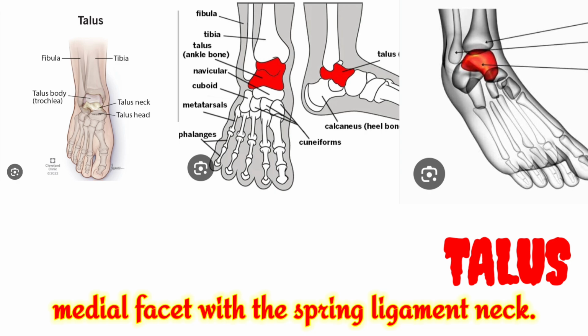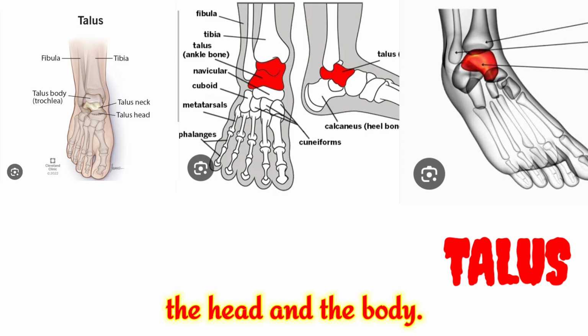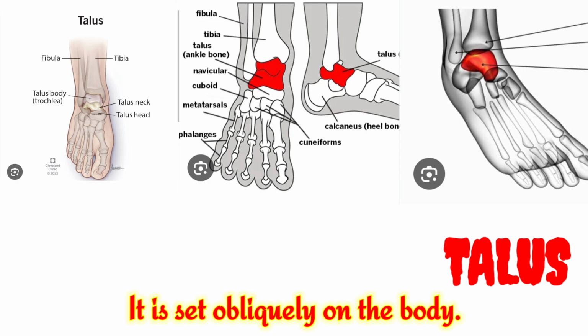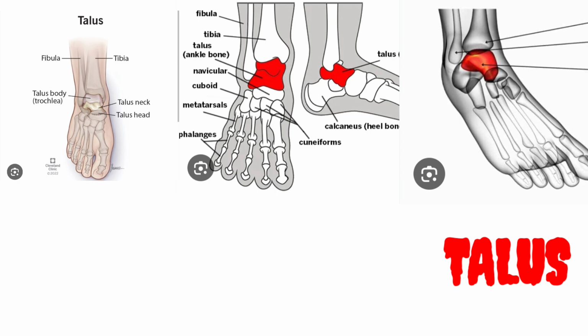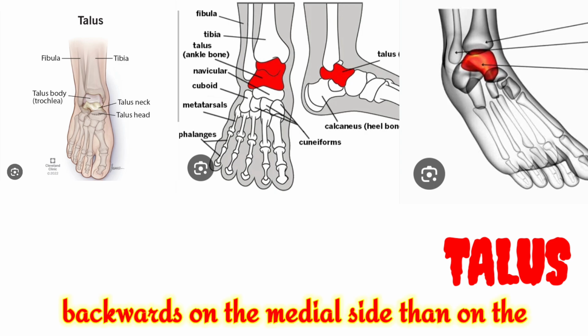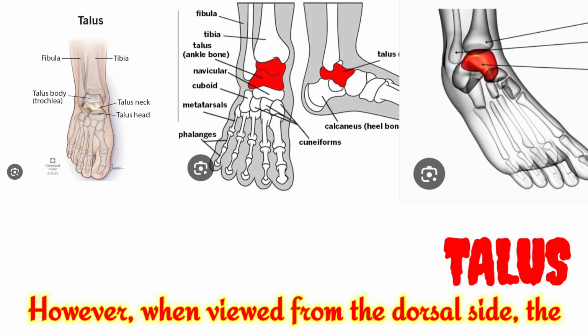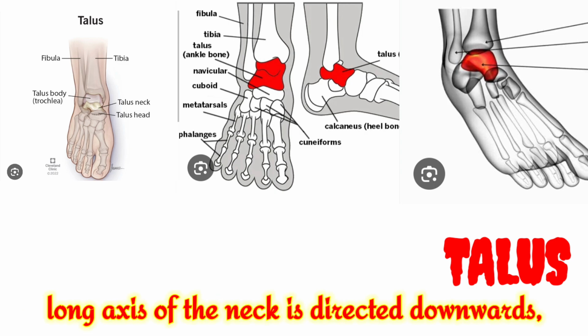Neck. This is the constricted part of the bone between the head and the body. It is set obliquely on the body so that inferiorly it extends further backwards on the medial side than on the lateral side. However, when viewed from the dorsal side, the long axis of the neck is directed downwards, forward